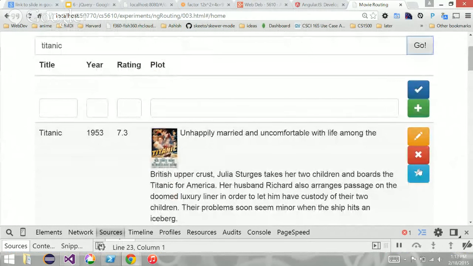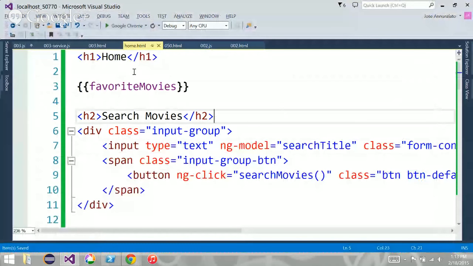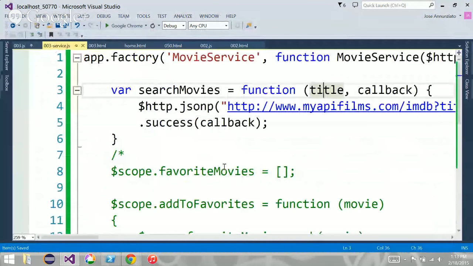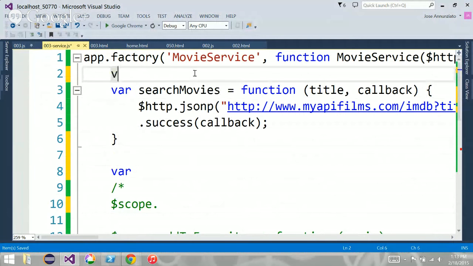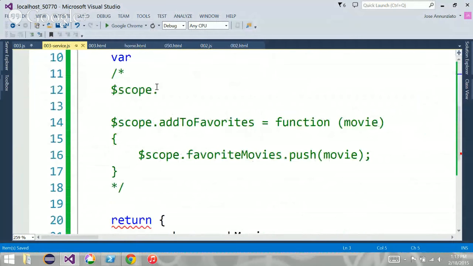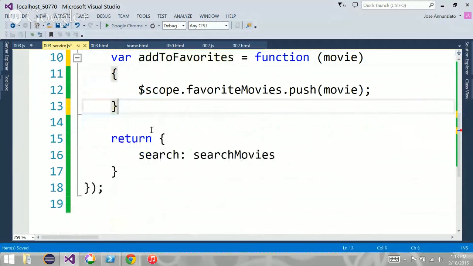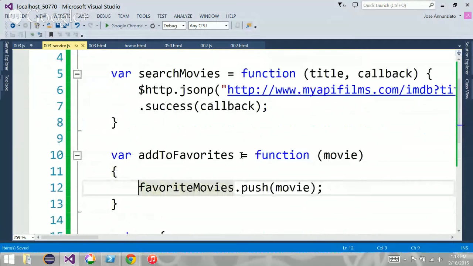Okay, so what I want to be able to do is add to my favorites. So I'm going to go back to my service and create a function here. I'm going to say var addToFavorites, and create a favorites var here.